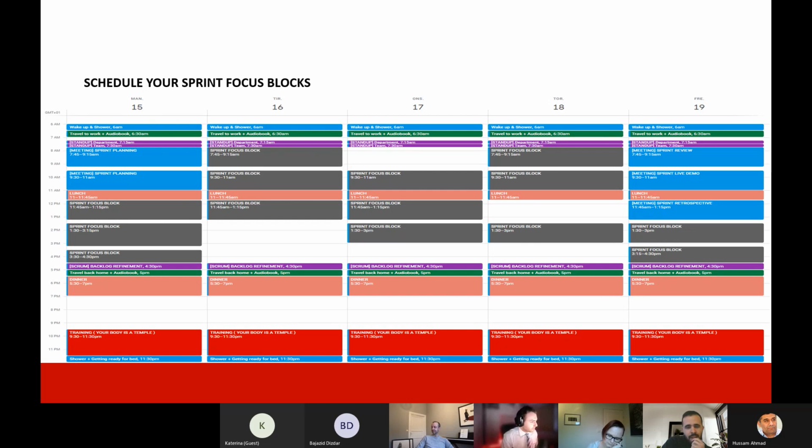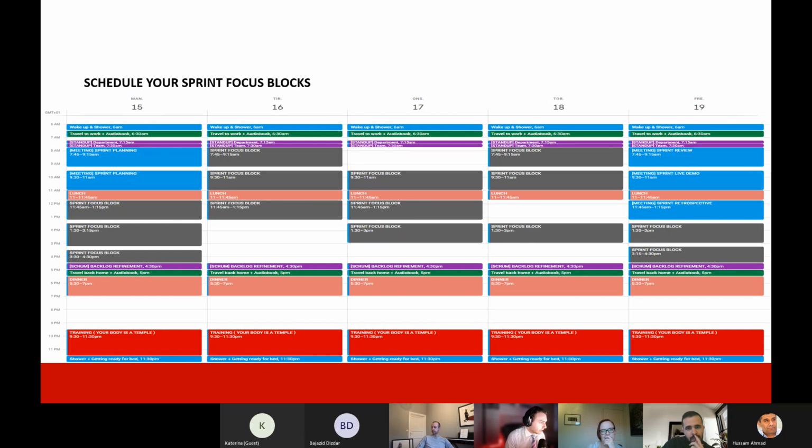Just to, I mean, this is like personal for the Scrum Master, not the calendar for the whole sprint team. Scrum team. I would say it's like the topic I'm talking about today, having a plan and a weekly plan and creating your blocks. It is for everybody. A leader in this case would have maybe fewer sprint focus blocks and more meeting blocks, and the developers would have more sprint focus blocks and fewer meetings.